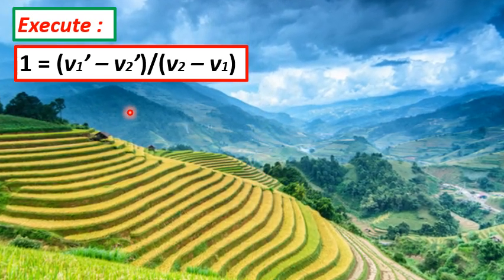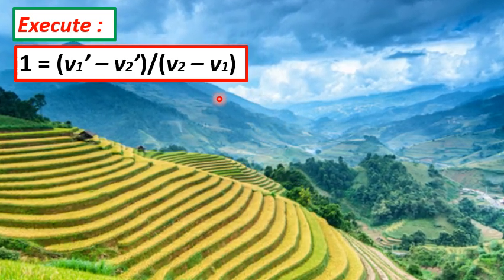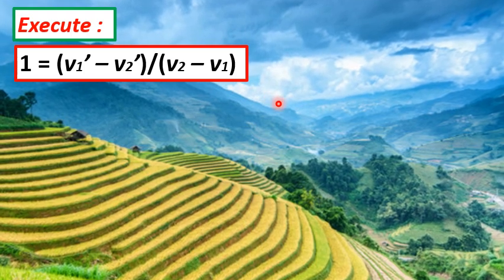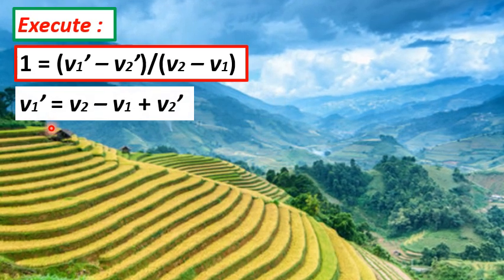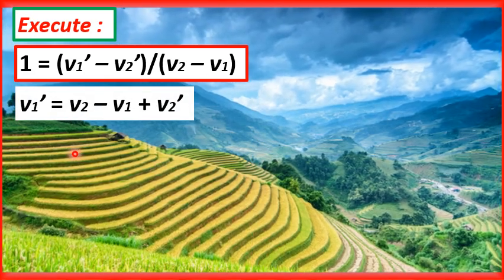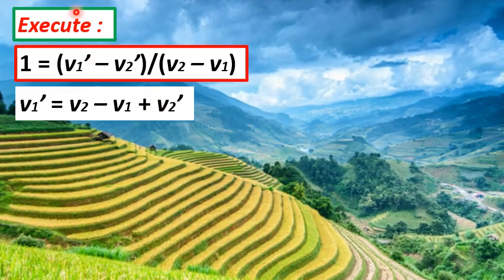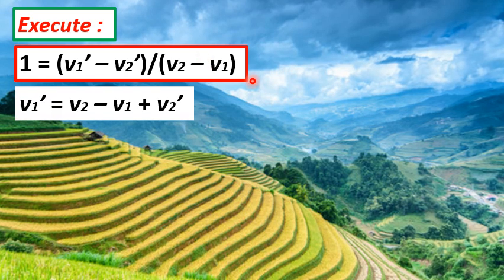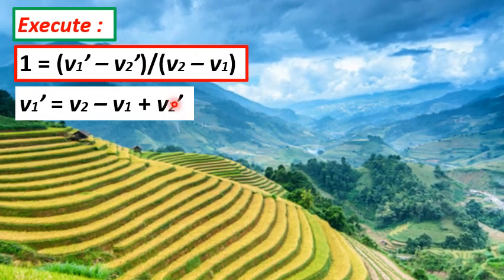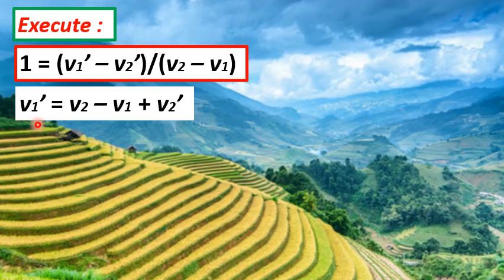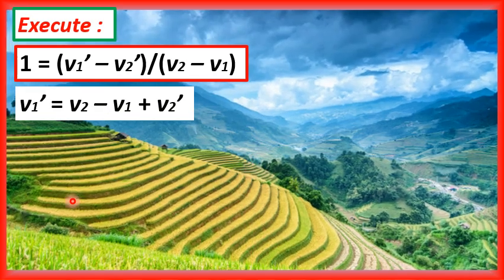Moving on to our computations, we first find the velocity of object A just after the collision, denoted here by v sub 1 prime. So this working formula for v sub 1 prime is of course derived from the equation for the coefficient of restitution in a perfectly elastic collision. So v sub 1 prime is equal to v sub 2 minus v sub 1 plus v sub 2 prime. Substituting the given data,